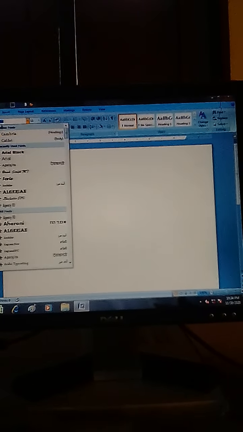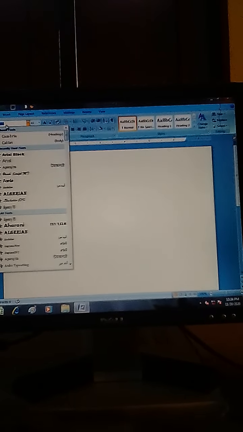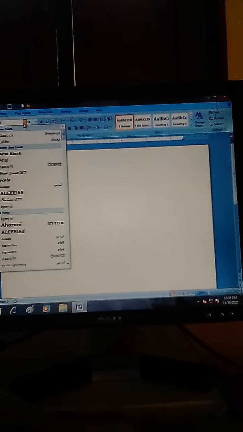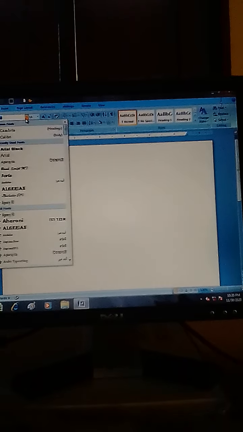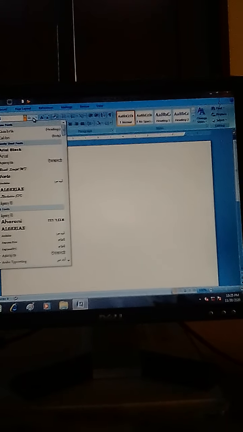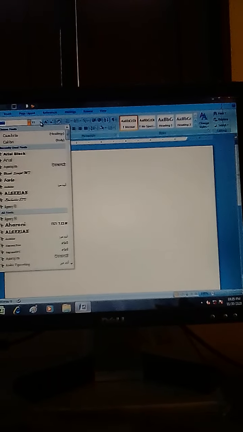Calibri means the font style of our typing will be in Calibri form. Here you can set the size of the fonts. For example, the size is already 11.